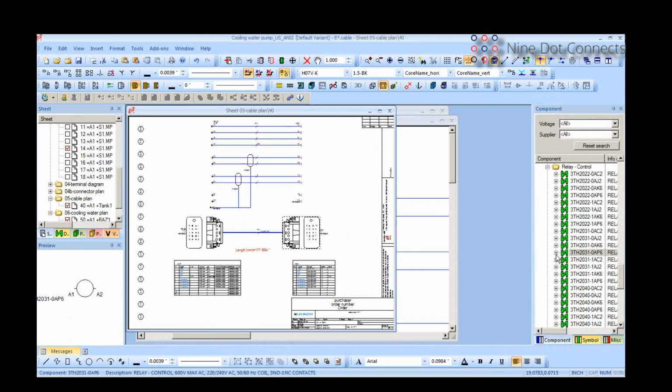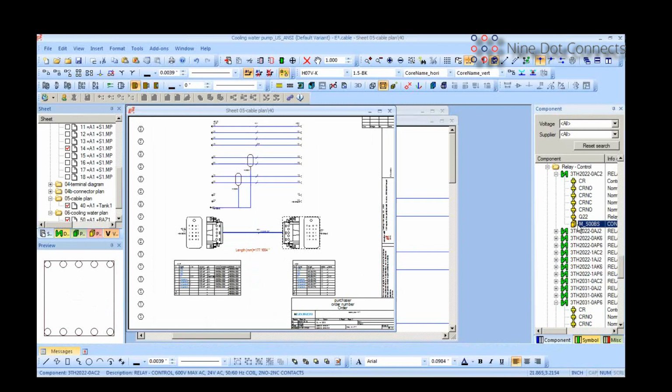Components, in the Components tab, can use one symbol or many symbols. This is a relay symbol, and we can see all of the different symbols appearing up here. And depending on the symbol itself, I could also have a corresponding panel symbol, and once placed in the panel, it will show a lot more information, because the panel symbol, like all of the other symbols,